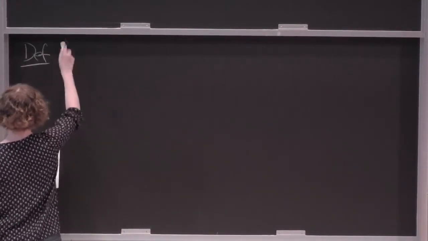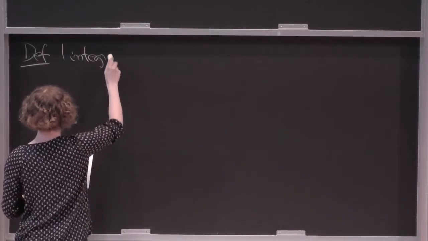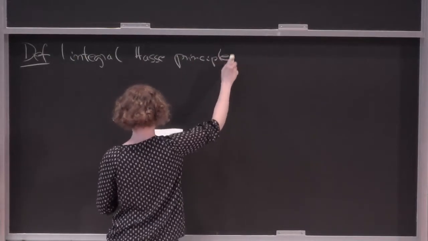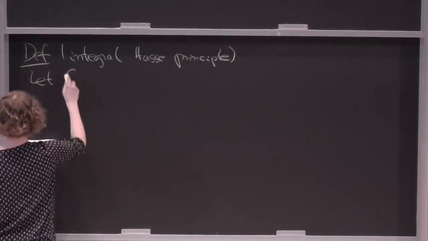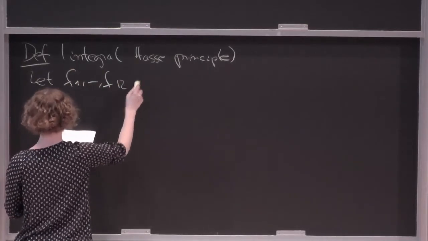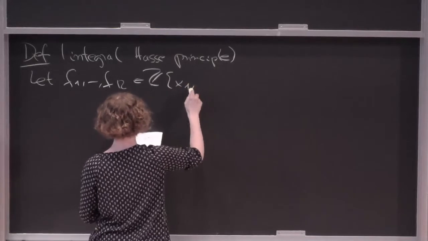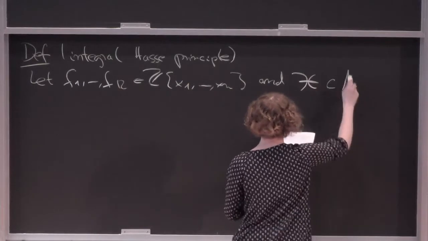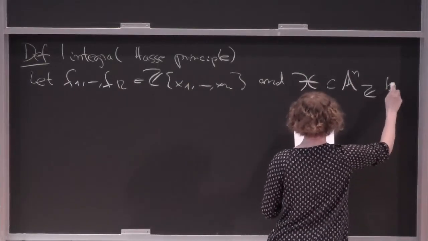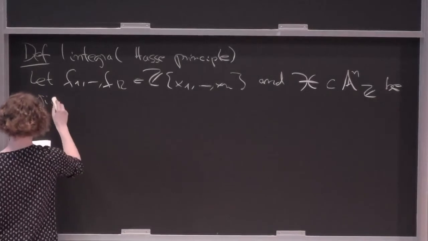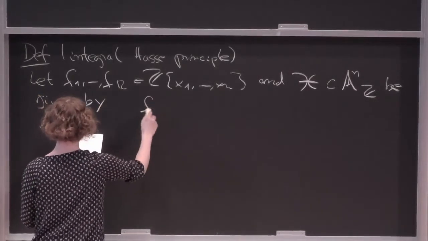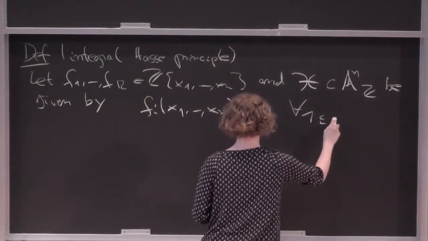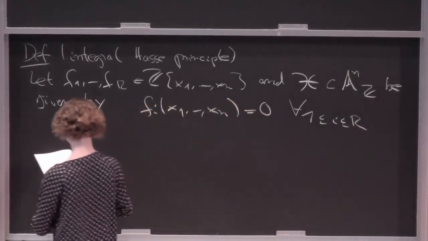Definition. What is relevant for us, you could take any system f1 up to fr of polynomials, not necessarily homogeneous, in n variables. Then you can define the scheme over Spec Z in affine n-space formally. Or more concretely, you can just think of it as a system of equations f_i(x1, ..., xn) = 0 for all i, and you ask about integer solutions.